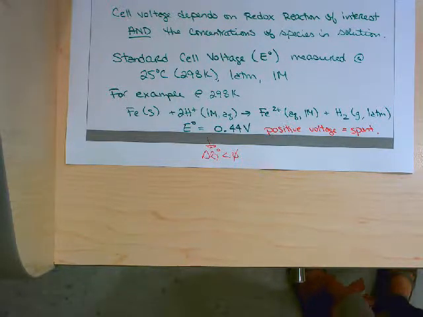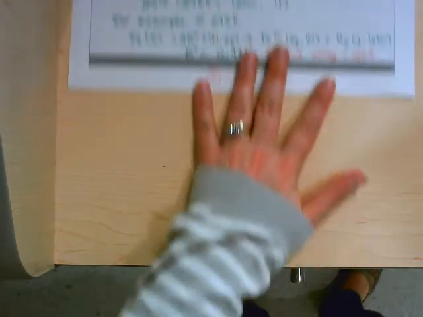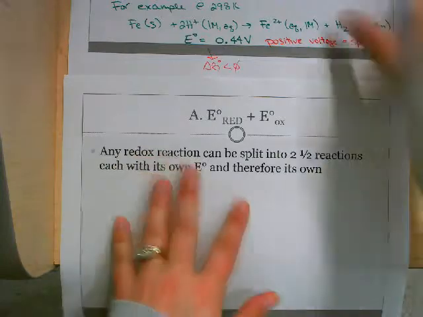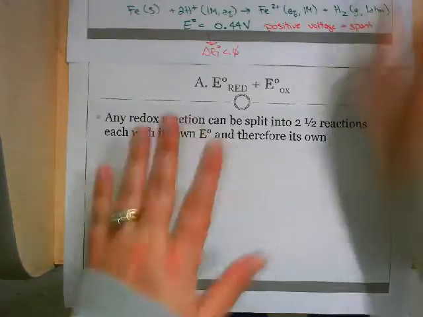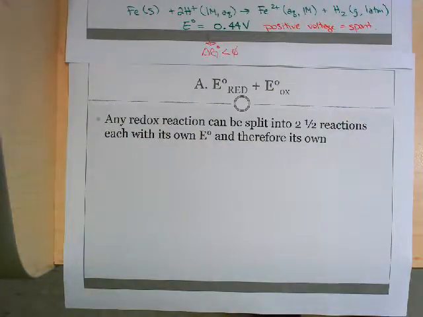So, how did I come about this number, 0.44 volts? I am glad you asked. It comes from calculating it. Any redox reaction, like we've done a bunch of times now, can be split into 2 half reactions. Each of the half reactions has its own standard state potential, and therefore its own